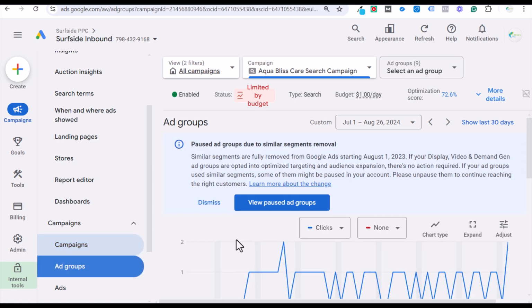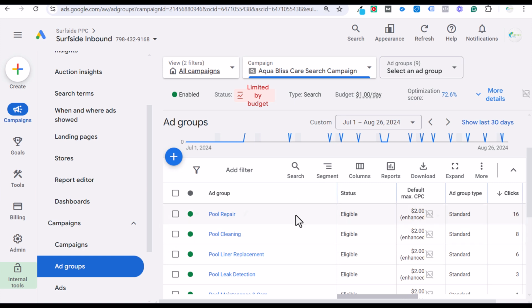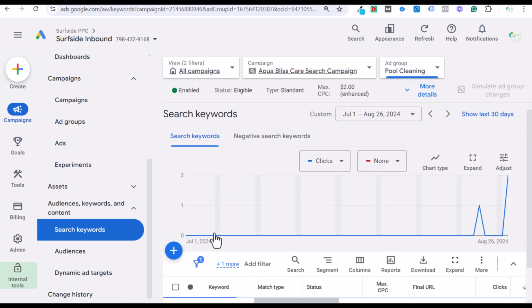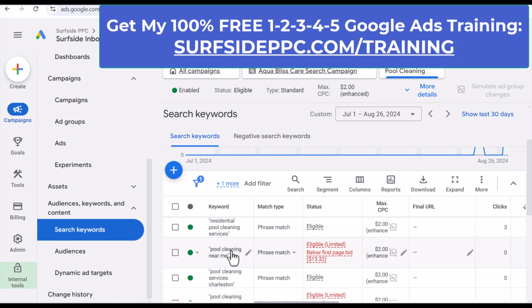So let's first come in here, and the very first thing I can always say about keyword research is you definitely want to group your keywords together in different ad groups. So you don't want to have one ad group with a ton of keywords. You don't necessarily need to do single keyword ad groups, although I'm not completely against the idea. Let's just say, for example, we come in here to pool cleaning. Having something just like pool cleaning services near me, I don't really think is the end of the world, honestly, to have just one phrase match keyword, because it's going to match pretty much a lot of these different types of